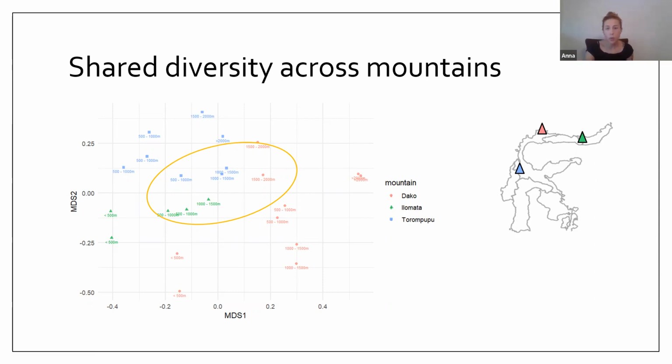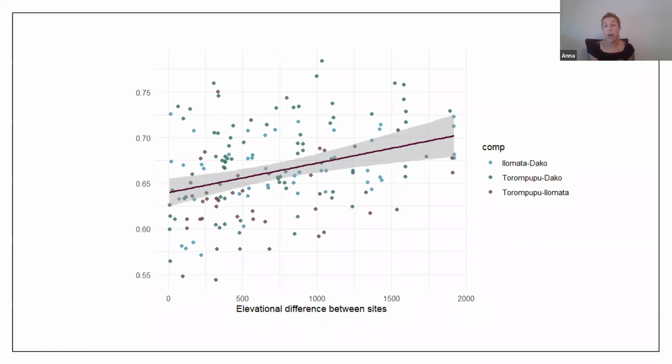And we can look at this in another way. We can take beta diversity values and plot them on the y-axis, and then take the elevational difference between sites and put that on the x-axis. So if one site on one mountain is 500 meters and another mountain is 500 meters, that would of course be 0. And what we see here is that there is an increase in how dissimilar the communities become, the more elevationally different they are. And then of course, we also see that the communities that are the most similar are at much more similar elevations. So again, this idea that potentially taxa are dispersing between these mountains and establishing in localities that are in line with their ancestral niche space.